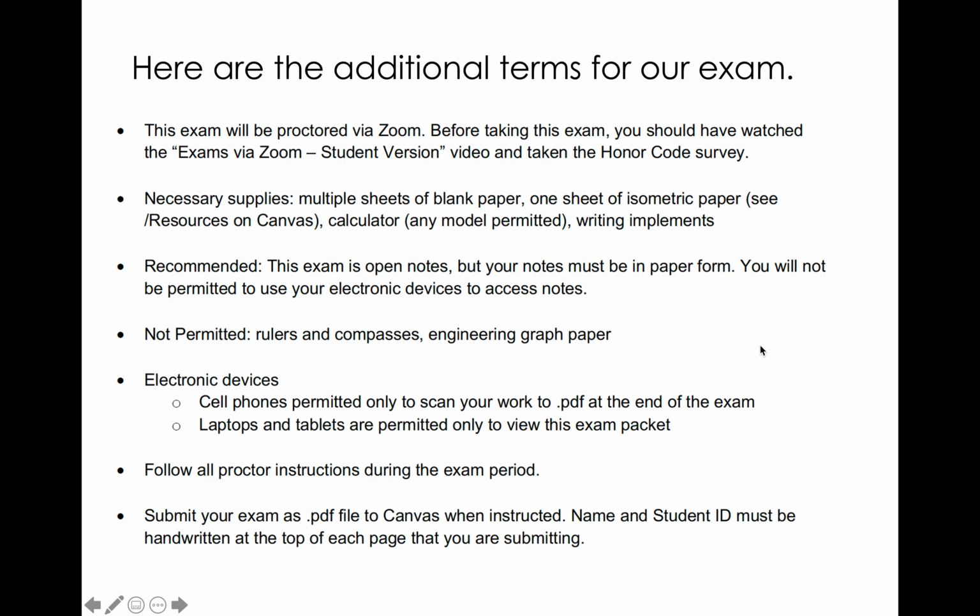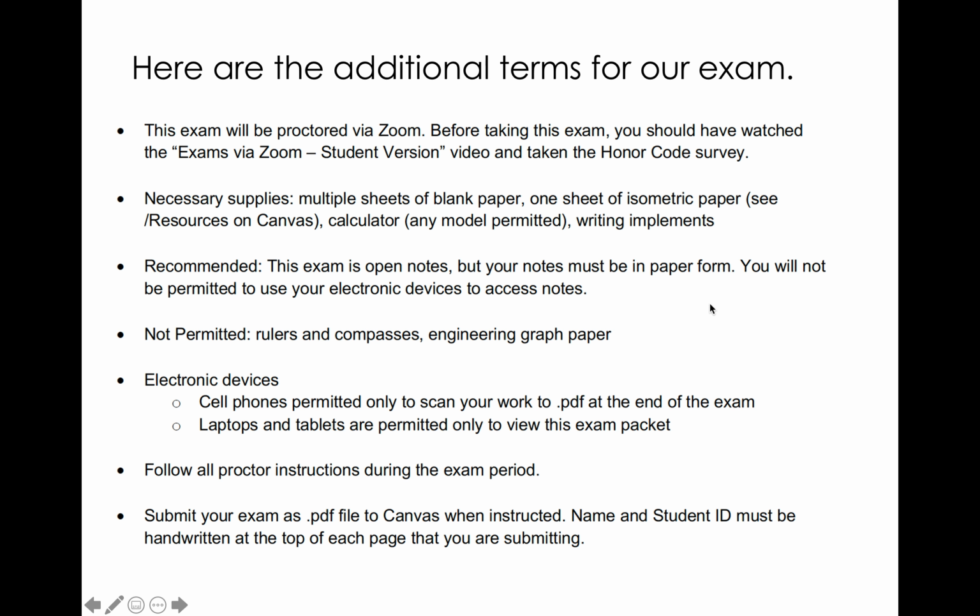I used a pencil and an eraser for the entire exam. We do not expect you to go back over in pen, but we do just want to see that we can clearly distinguish between your final lines on the paper and some draft lines, so make sure you're erasing. The exam is open notes, okay, so you're welcome to use any notes that you have, but your notes